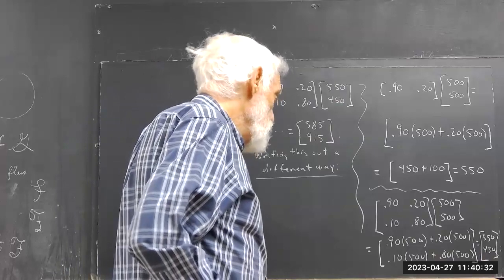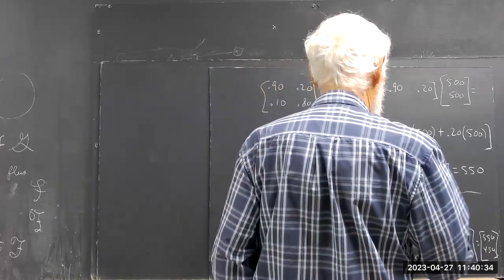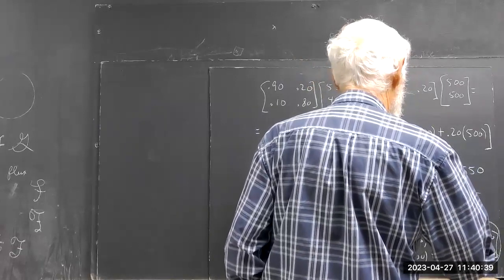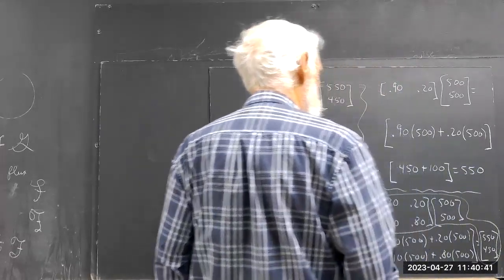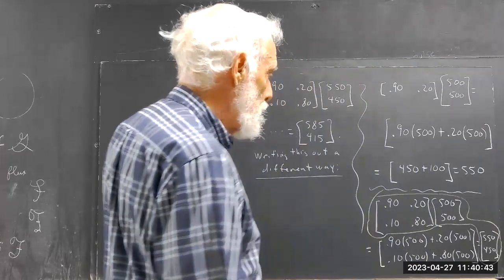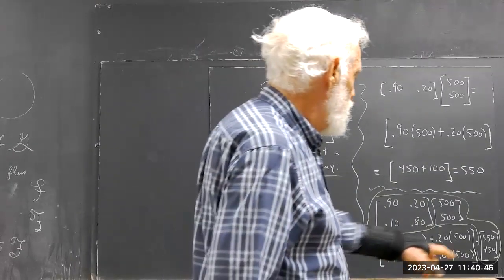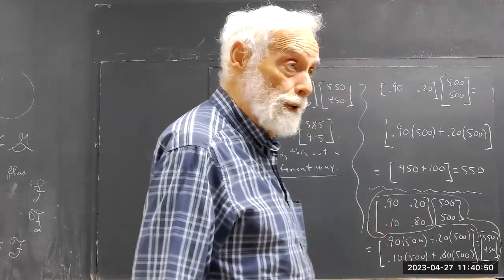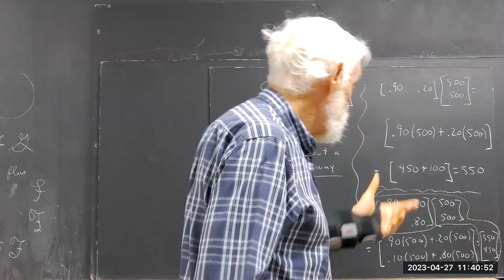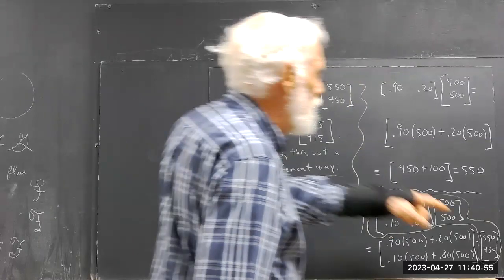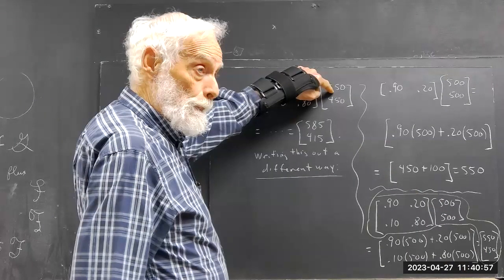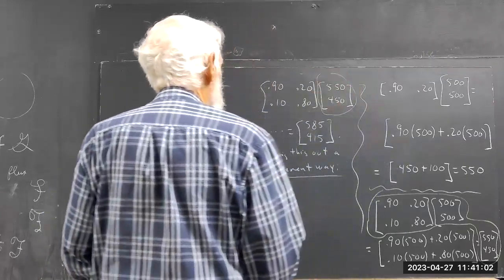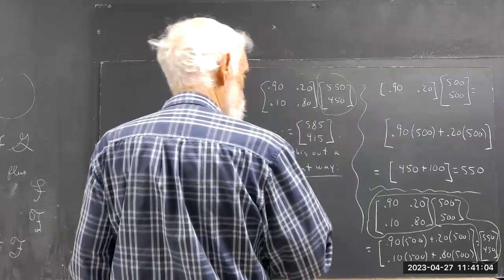Okay, so I'm going to put a colored circle around this. Not a circle anymore, it's a bubble. So this is the same as this, right? And this is just a calculation you do to get it. So instead of 550, 450 here, I'm going to write this as